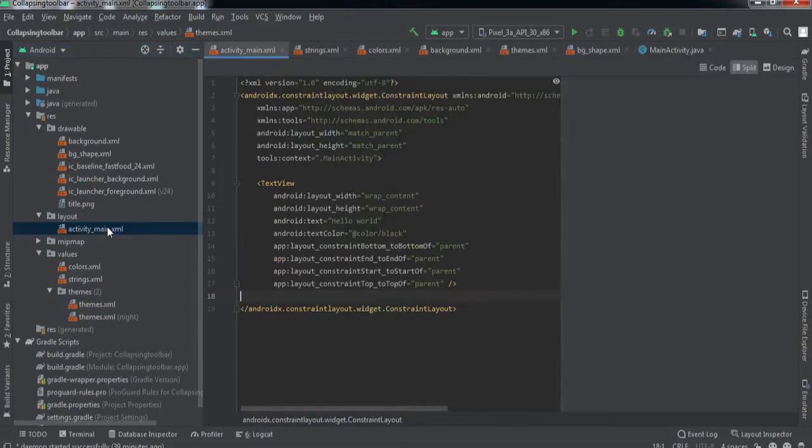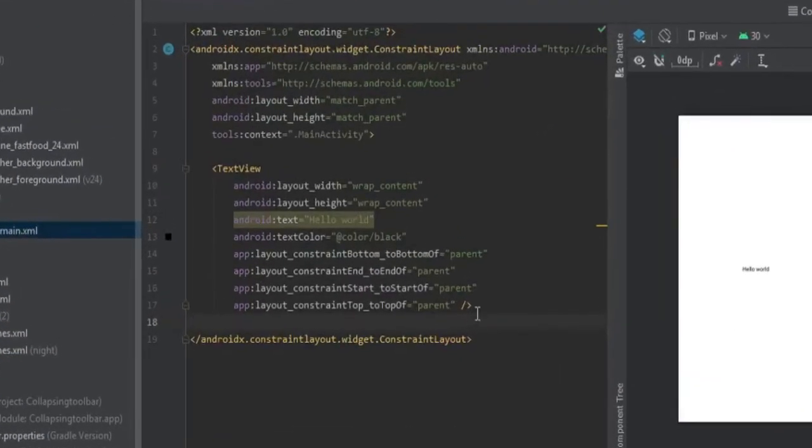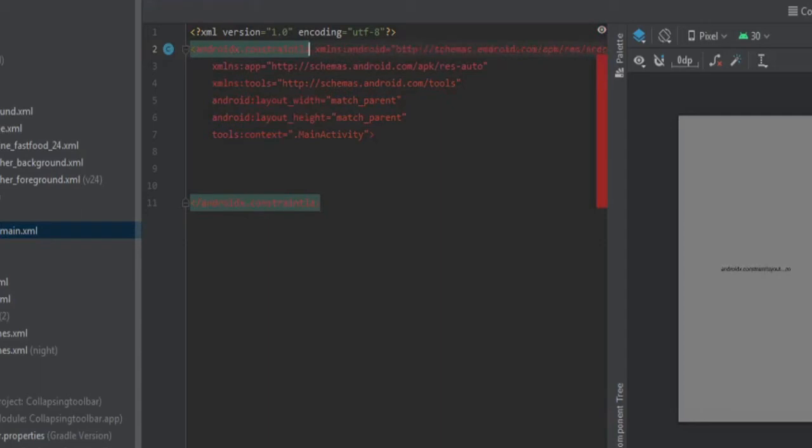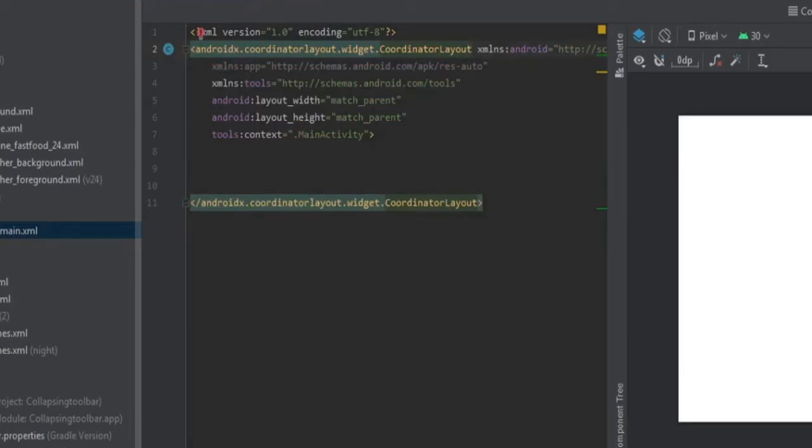Now finally we'll go to this XML file, delete this text view, and change this to a coordinator layout, right? Now I'll quickly design this collapsing toolbar, then I'll explain all the stuff that we have done, right?